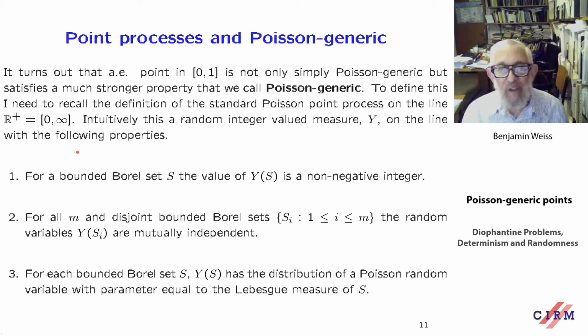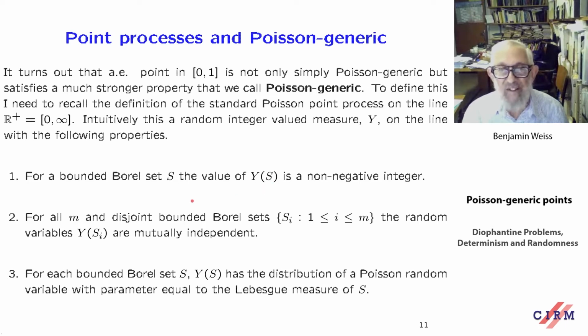Intuitively, this is a random distribution of points on the line. To describe this formally, one usually talks about a random integer valued measure, y, on the line. And for any bounded Borel set, the value of y of s is a non-negative integer. This is just counting the number of